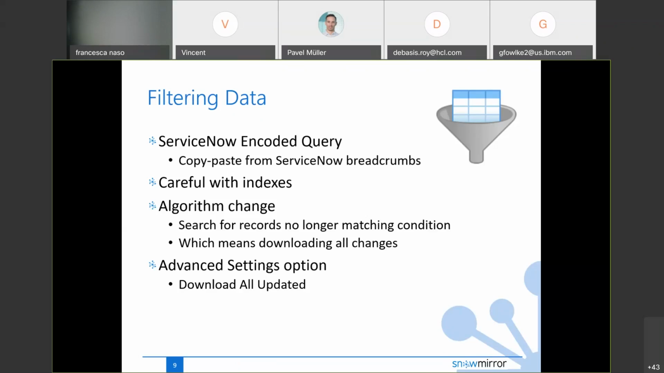So once again, imagine, and we will be having this in the example, imagine that the condition is priority is 1. So SnowMirror is downloading all the incidents priority 1. But what if someone changes priority 1 to priority 2? In this case, SnowMirror has to remove this record from the database. But how to identify such a record? Basically, the only way is to download all the sysids of the updated records and compare with the database if they should stay there or not. So adding a filter is actually making the synchronization algorithm more expensive,